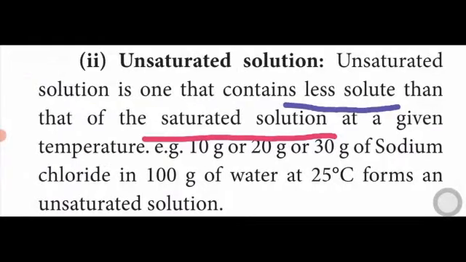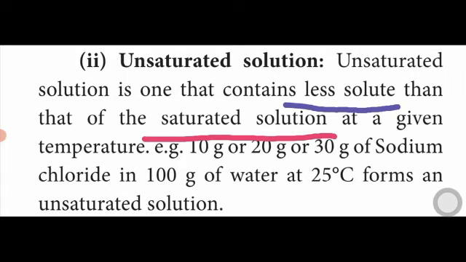What is an unsaturated solution? An unsaturated solution is one that contains less solute than that of a saturated solution at a given temperature. Example: 10 grams, 20 grams, or 30 grams of sodium chloride in 100 grams of water at 25 degrees Celsius forms an unsaturated solution. Compared to a saturated solution,